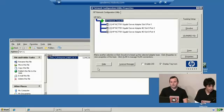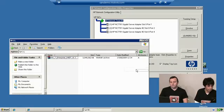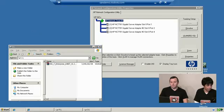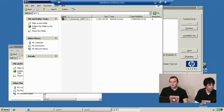So I'm guessing because all those figures have stopped, that's finished. Okay, so let's just drag this over. We can do a quick test here. So we've got our iSCSI disk there. If we open up another one, what was the other one? I guess it was F for fibre channel. Yeah, so if I bring this one down the other side,